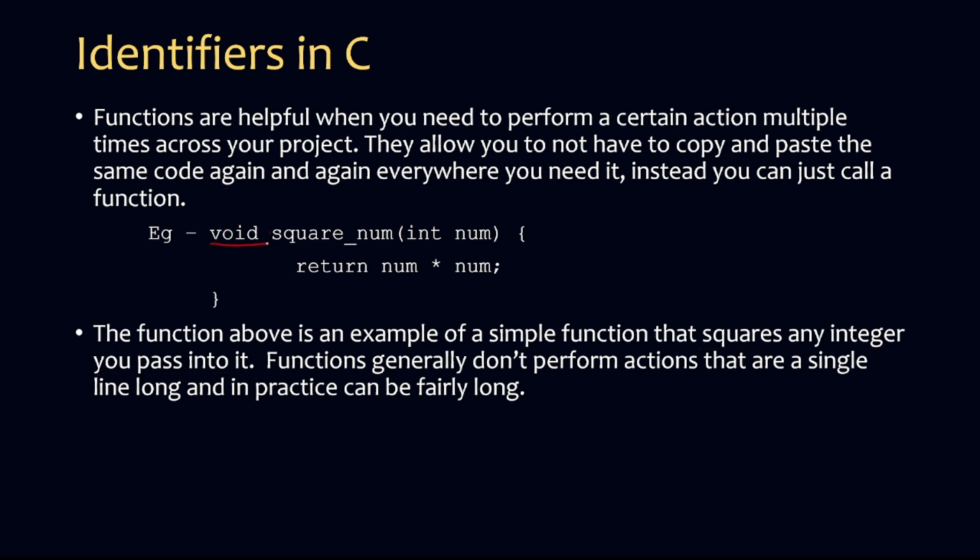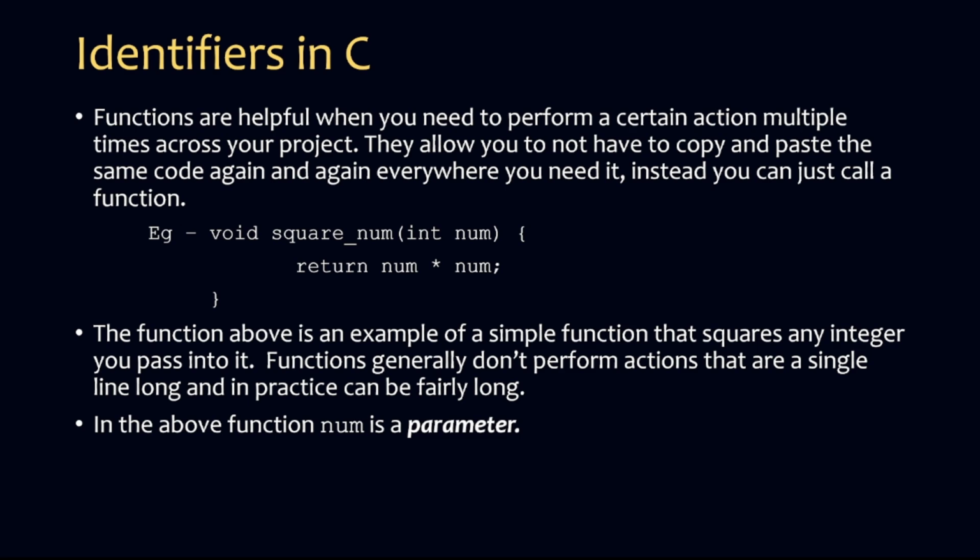The type before the function name is used to declare the type of what the function is going to return. And here we can clearly see that the return statement returns an integer multiplied by an integer. Now an integer multiplied by an integer is an int. So this shouldn't be void, this should be int here. So what you can do here is store the value this function outputs. Okay. So firstly we'll see what a function call is, and then we'll see how we can store this value